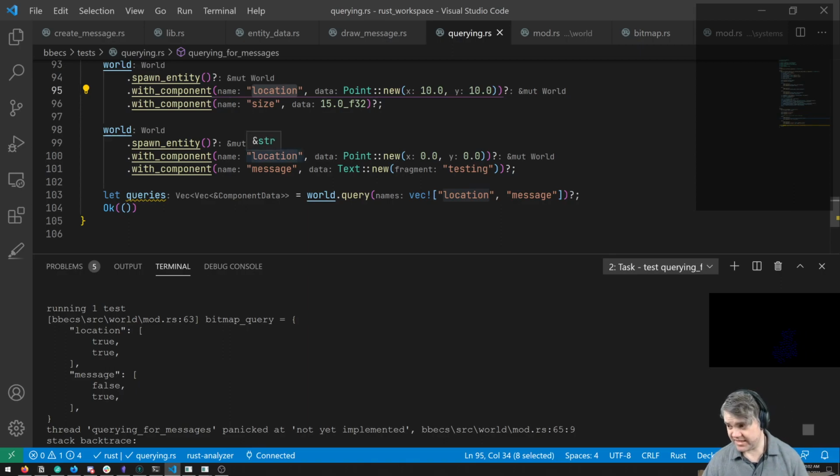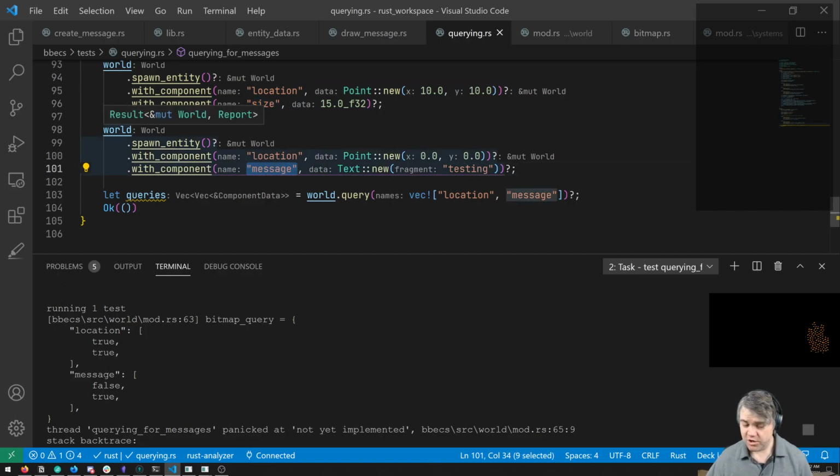And it's the order that they get inserted in right now, the order that they're in the entity map. Message is false, there's no message here, and true here, because there is a message for this one. Okay, so we are correct. This is just a little bit easier for us to read when we're debugging.